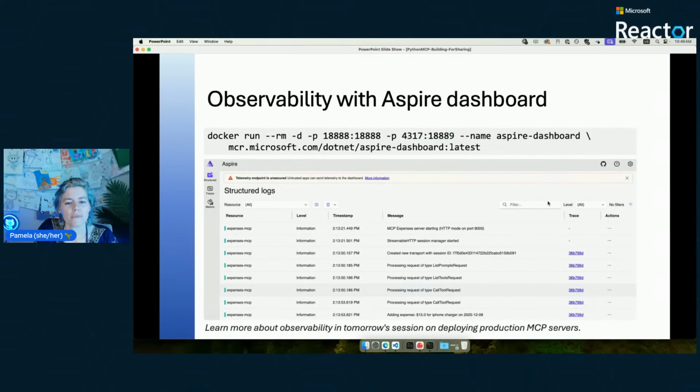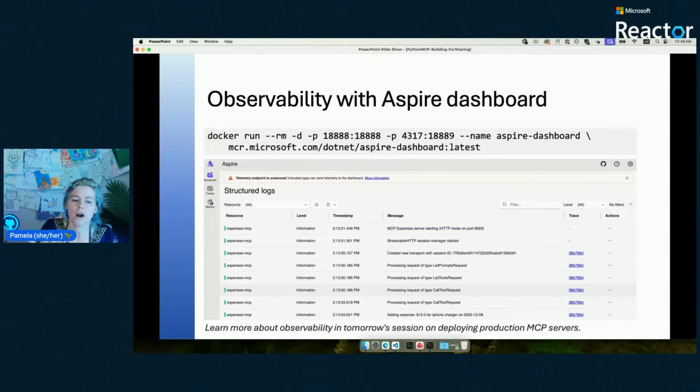Now, there was a question about observability in the chat a few minutes ago. So observability, what does that even mean? That means being able to see what our servers are doing, like seeing the requests that come into them, seeing their logs, seeing the fact that they made a request to another service, like a dependency, right? So we call all of that observability, right? And it's usually a combination of logs, traces, and metrics. And we use this standard called OpenTelemetry, which is all these standards around how